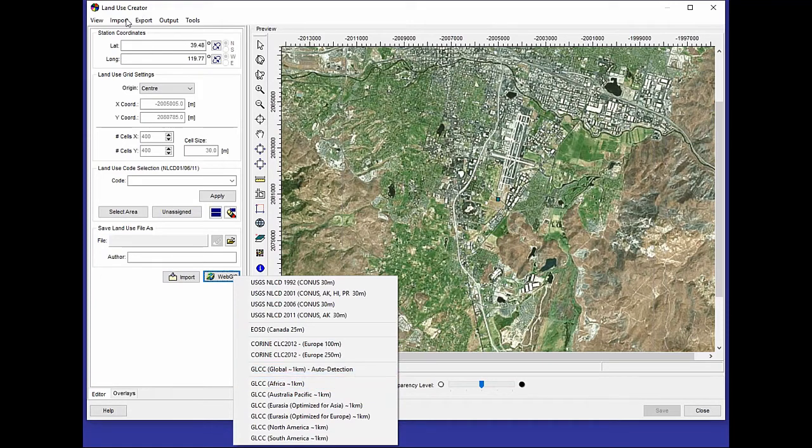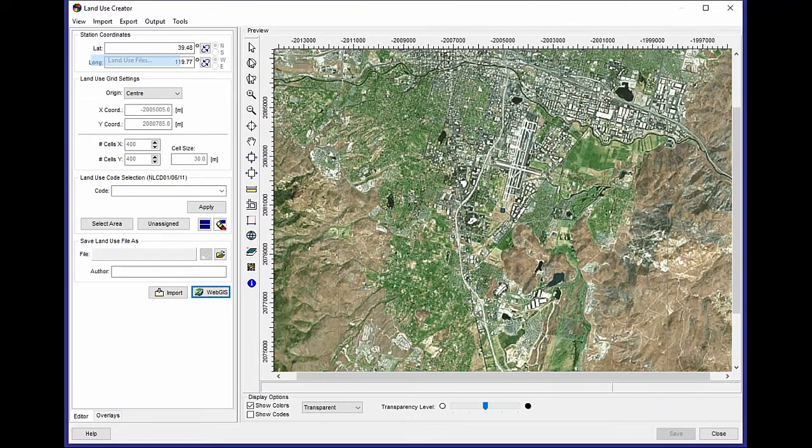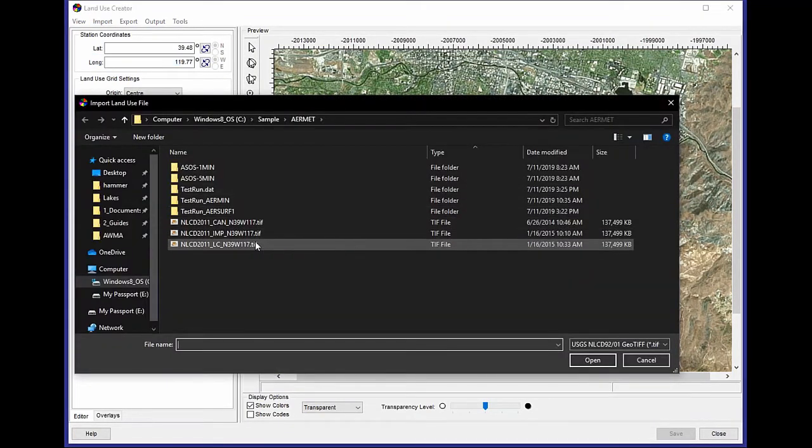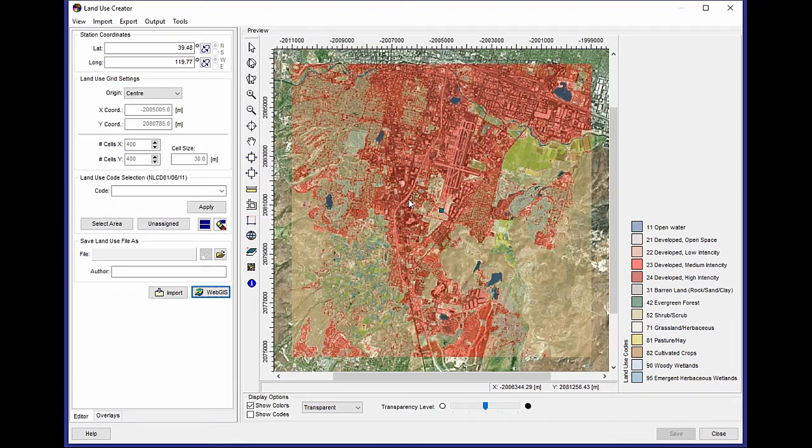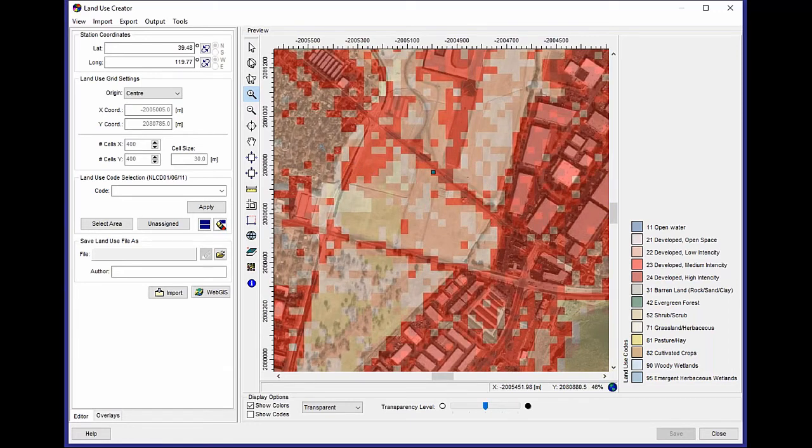So for example, if I wanted to import the existing land use data that I had for my site, the 2011 land cover data file for this location, it comes in and it reads that data file for the 10 kilometer by 10 kilometer area surrounding my Met Tower. But if I knew, for example, that the area around this particular Met Tower, it identifies this primarily as developed open space. But if I wanted to call this block of land something else, I can use my Polygon Select tool